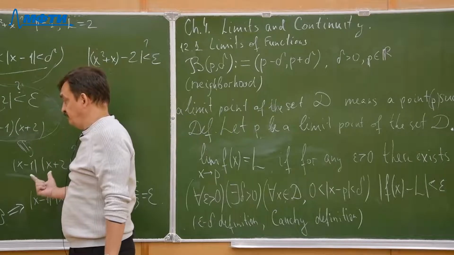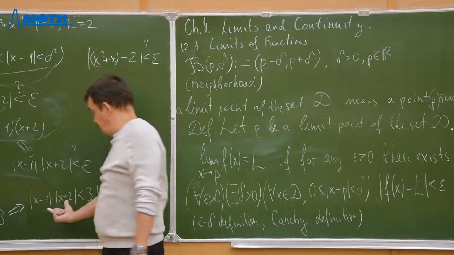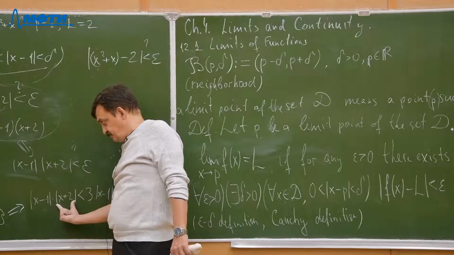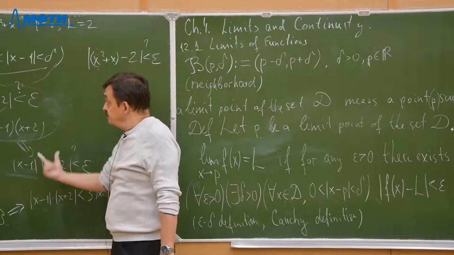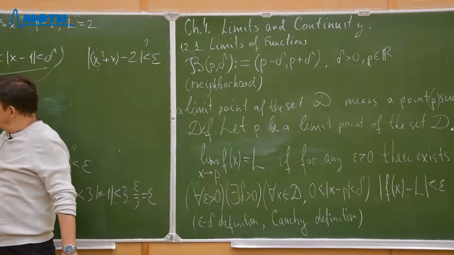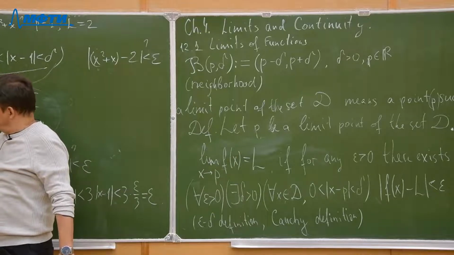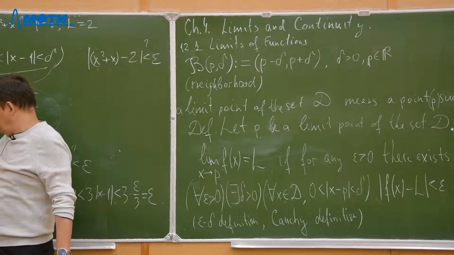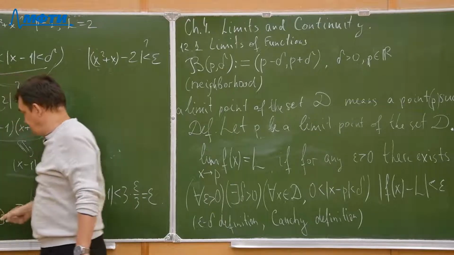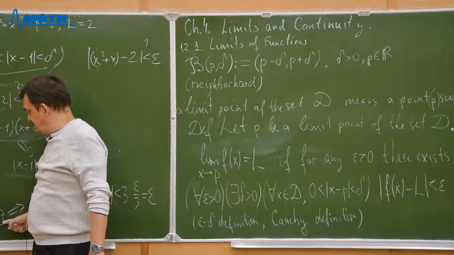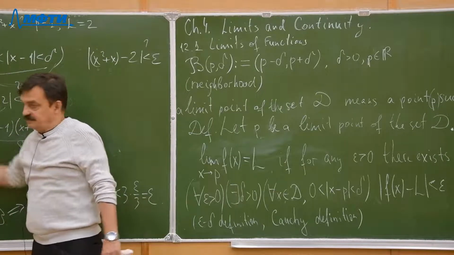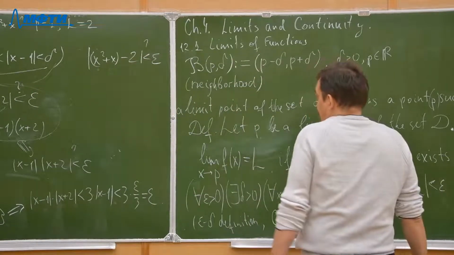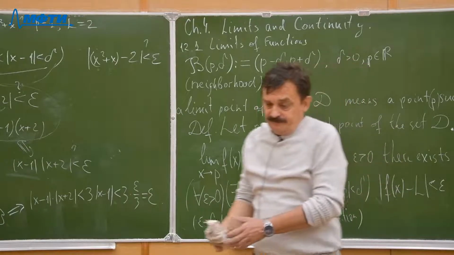So we want to estimate simultaneously both values, x minus 1 and x plus 2, using just this estimate for x. So delta less than 1 guarantees x is positive, hence modulus of x plus 2 less than 3 from the right hand side. Okay, now